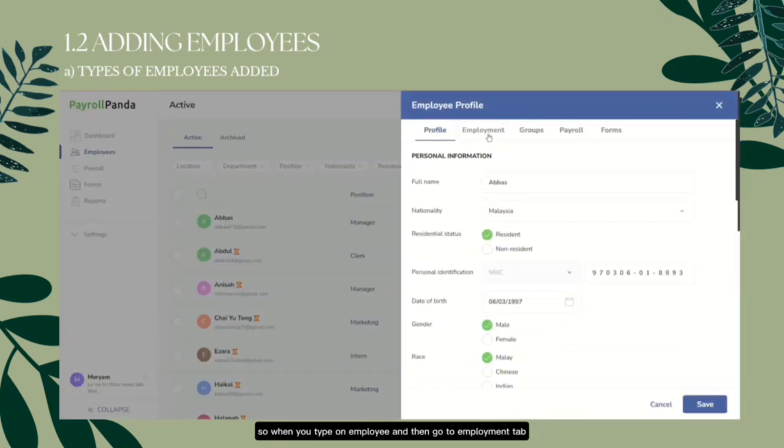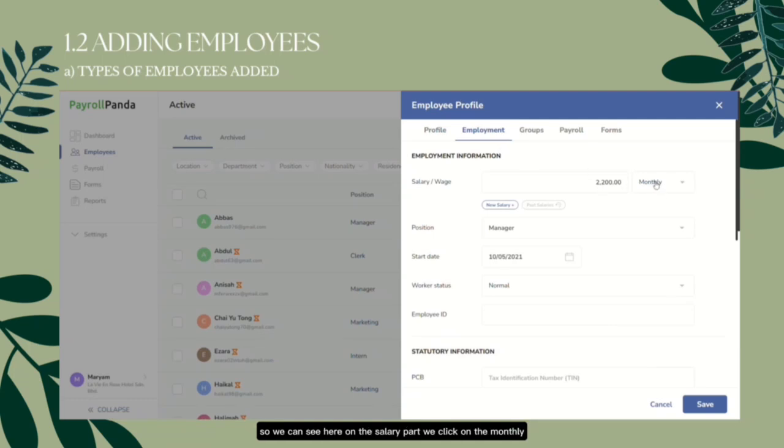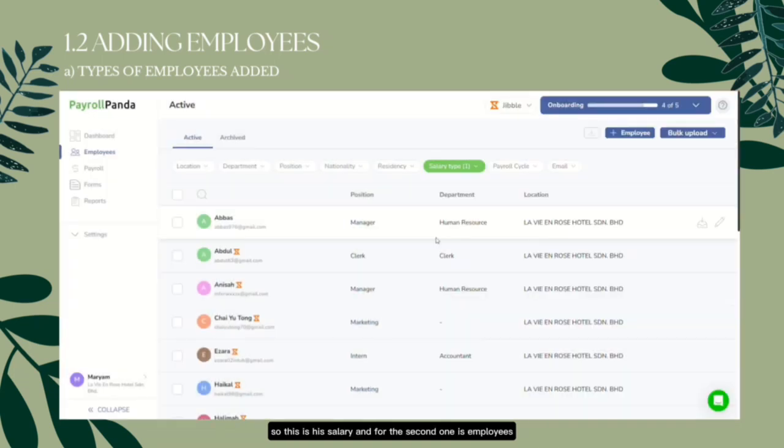When you type on employee and then go to the employment tab, you can see here on the salary part, we click on monthly. They have three types, which is monthly, daily, and hourly. Since Abbas is our first example for a monthly employee, this is his salary. And the second one is employees